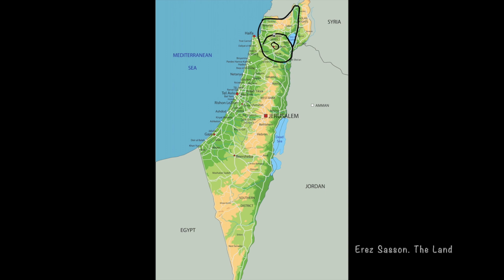Toward the west, we have here the Western Galilee area, a very interesting area as well, very, very fertile, that holds a lot of archaeology, but perhaps not the archaeology that we're looking for, more from the Crusader period. And if we dig deeper in earlier times, maybe archaeology from the time of the Phoenicians living here in the land, the sea people that settled along the shoreline,